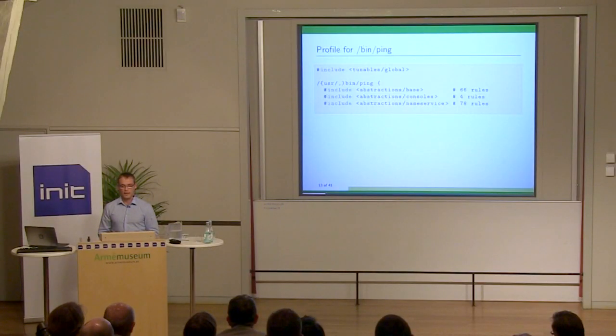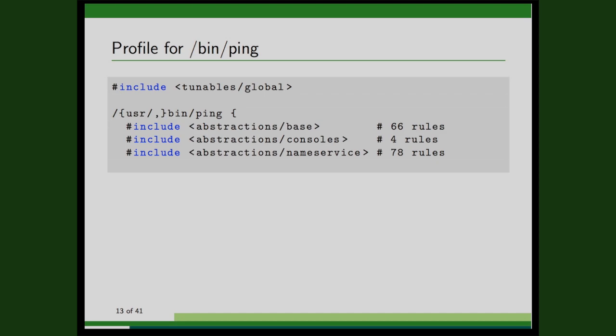So you don't have to write two different profiles, you can write it in this way. Next we include some more files. And I counted the AppArmor rules that are in those files and added them as comments behind the lines. This is very convenient if you want to repeat some rules and you don't want to write them in every profile. For example, the last one allows you to use name services, which is kind of useful because if you